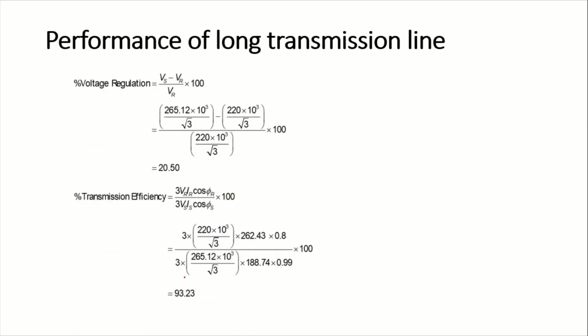Now the voltage regulation equation is Vs minus Vr upon Vr. Put all the values in this equation and we get 20.50. Transmission efficiency is 3 Vr Ir cos phi r upon 3 Vs Is cos phi s. Put all these values, Vr Ir cos phi r and Vs Is cos phi s, and multiply by 100, and we get the transmission efficiency as